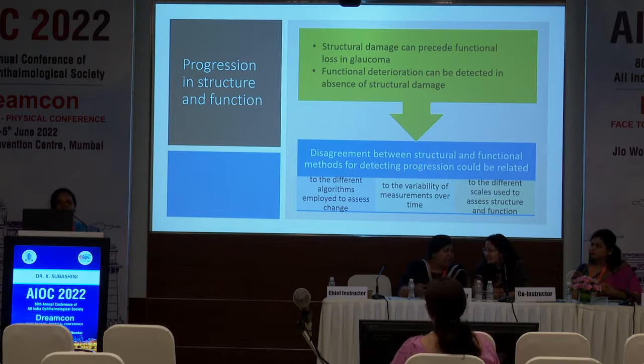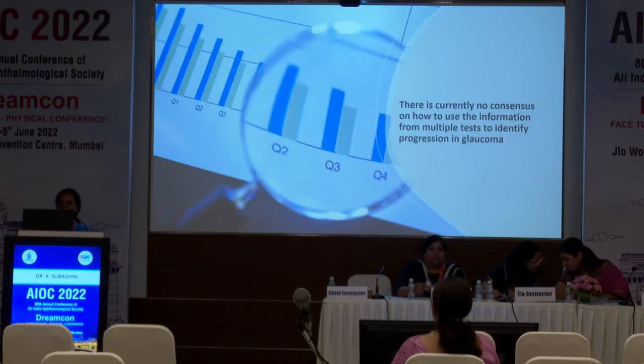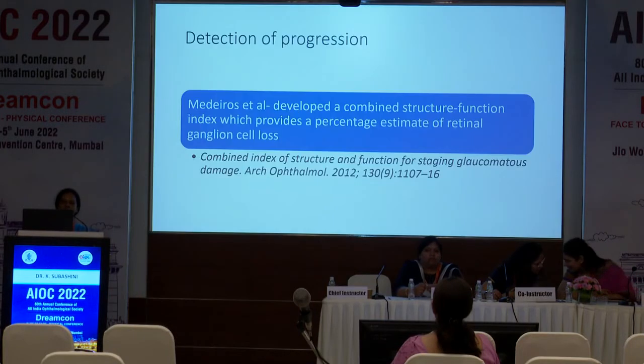You don't always see progression in both structure and function. Structural damage can precede the functional loss, and functional deterioration can be detected even in the absence of structural damage. Why does this disagreement occur? This is because of the different algorithms employed to assess the change and the variability of the measurements over time, and the different scales used to assess structure and function. There is currently no consensus on how to use the information from multiple tests to assess progression in glaucoma. So there are researchers working on detecting this progression,